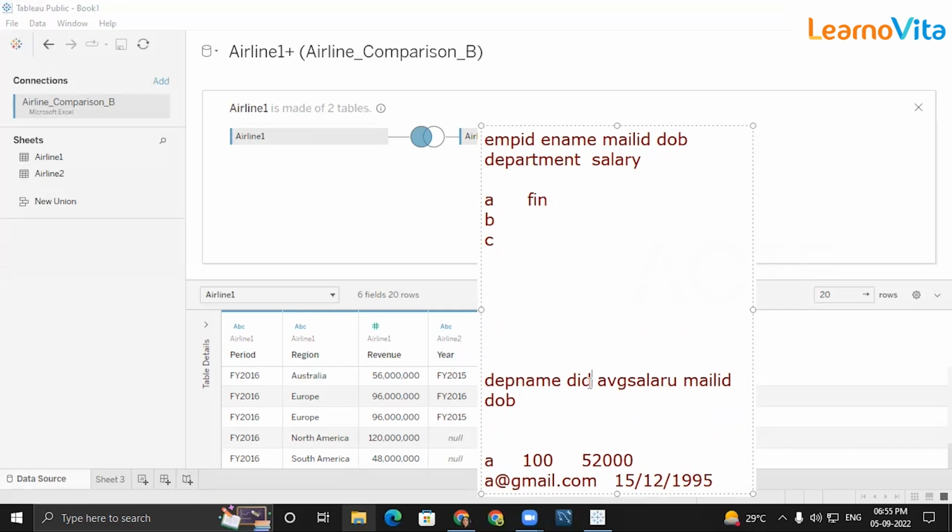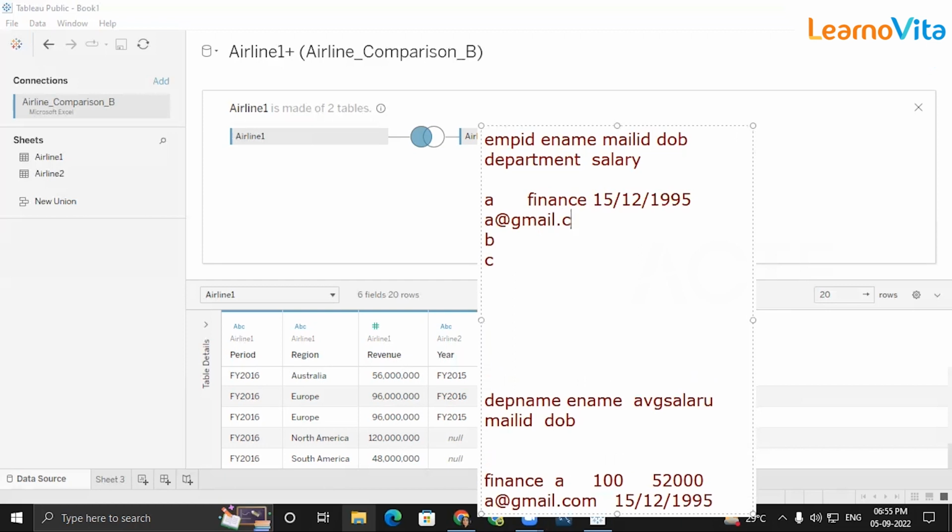Maybe here you need to put the employee name to get some glimpse. A, finance, date of birth is 15/12/1995, and maybe the mail ID